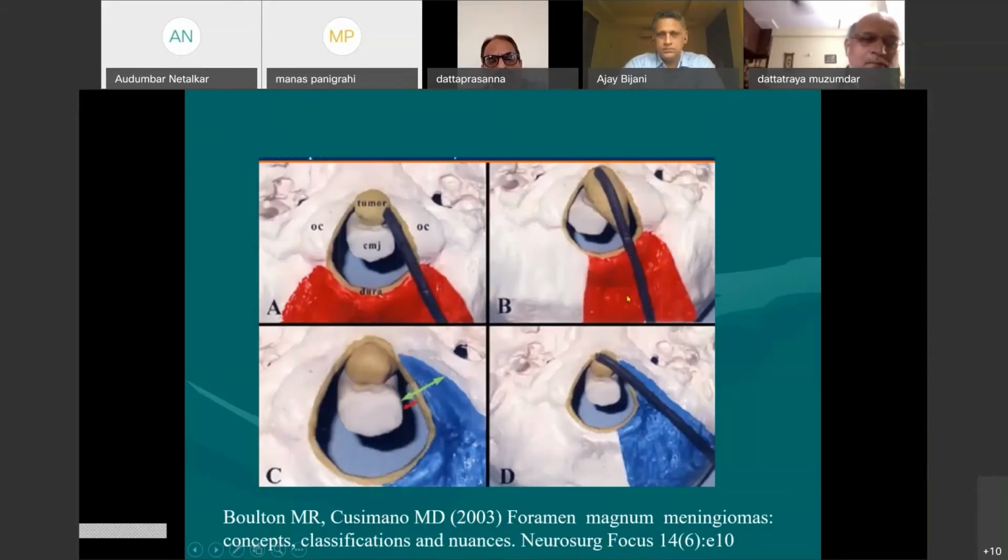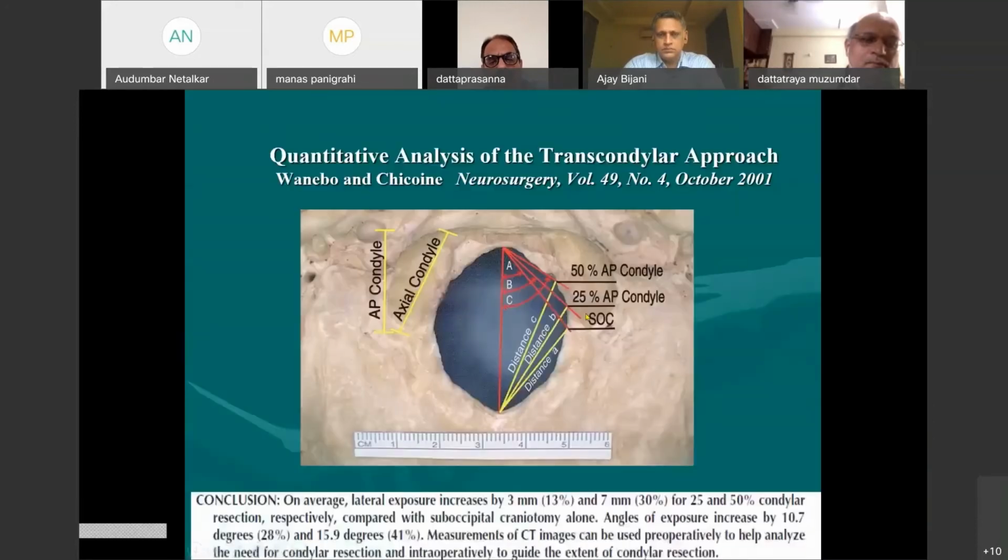Now, drilling the condyle, either 25% or 50%, increases the exposure by 15 to 20 degrees. But many times the tumor itself would have displaced the neural structures, so we don't have to drill the condyle. It's mainly required in vascular lesions like aneurysms where the neural structures are not displaced. But in tumors, because they are displaced, many times we do not need to drill the condyle.